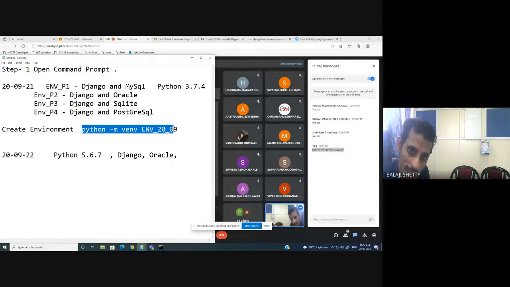Create 10 different environments, activate the environment, install the software. That's it. So your machine can have different software of different versions. Your machine may have multiple projects. Okay, I hope the concept is clear.